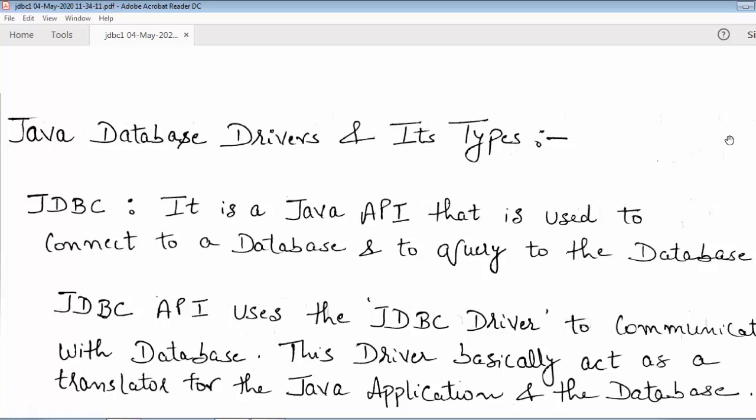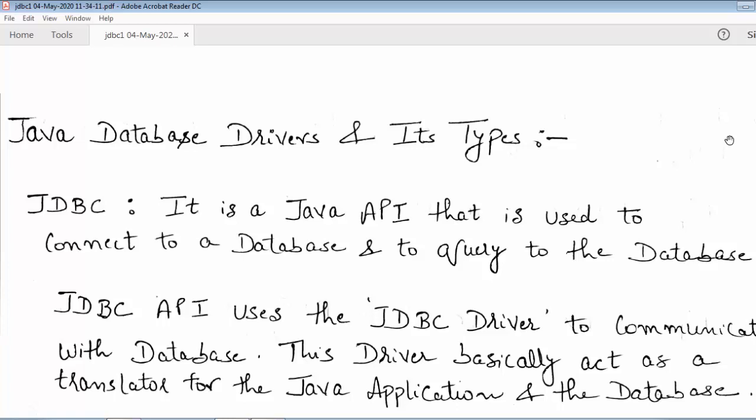A translator translates a particular request to the database, and the information fetched from the database is given to the Java application in its format. So it is a medium.